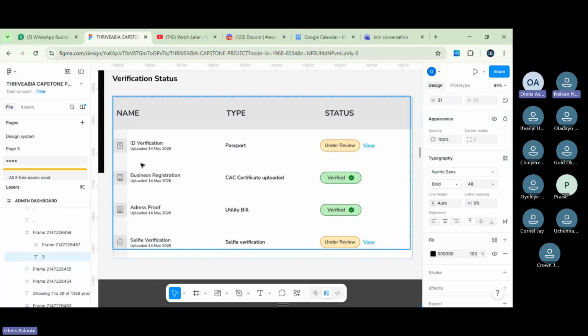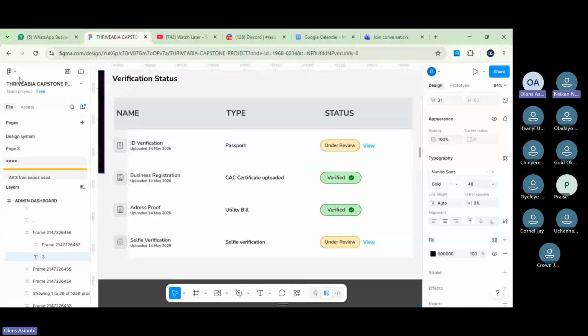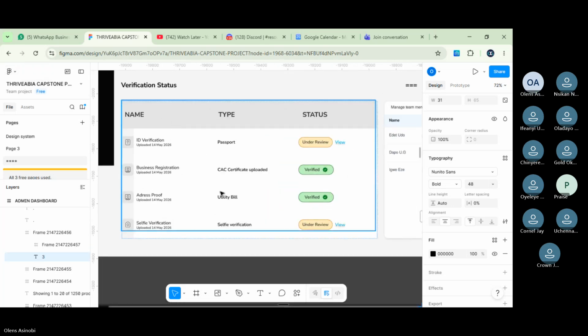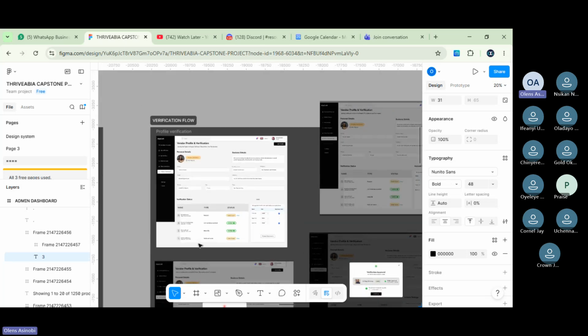You replace this ID with NIN. Then this one, replace this selfie verification with BVN. Address proof is good. Maybe you can add one last thing, which is the Abia State number. I don't know if they use it for address. That means if you add it, you're going to have 5 here. So just edit the rest. Change this passport to NIN, change this to BVN, and then add the Abia State number. One person can work on that in your team.